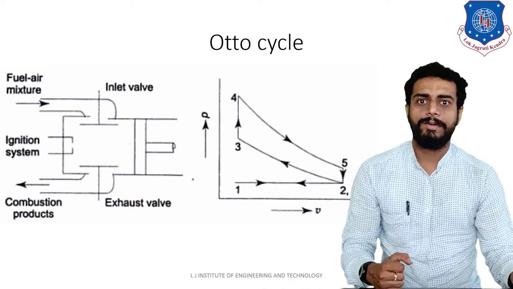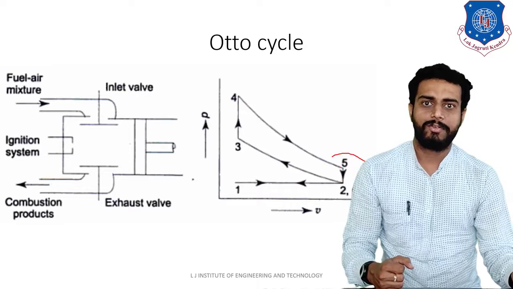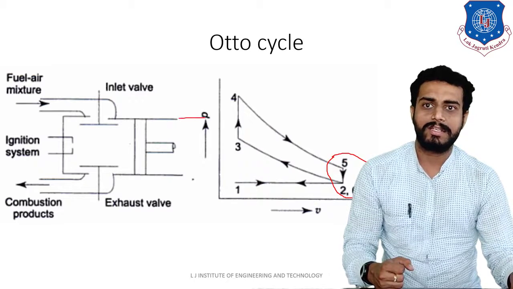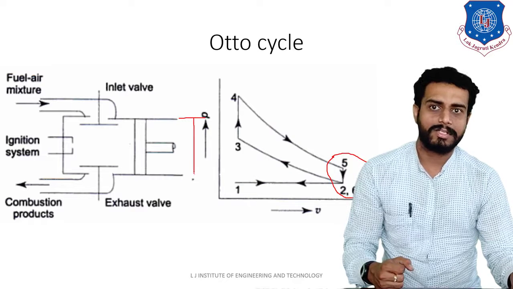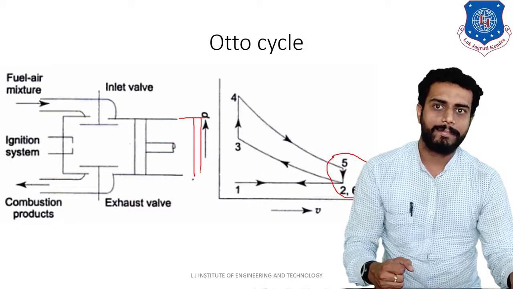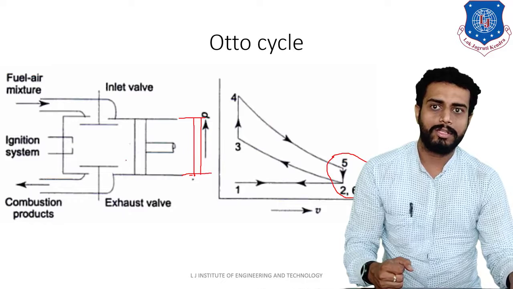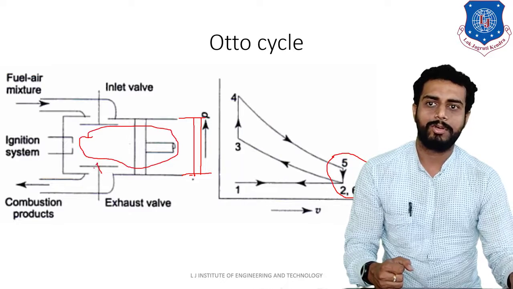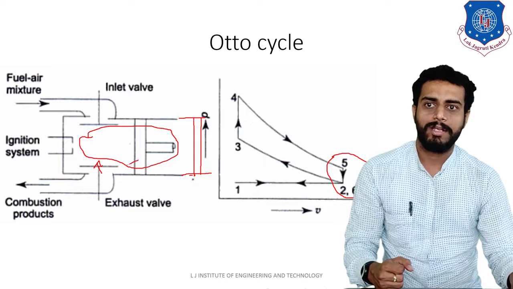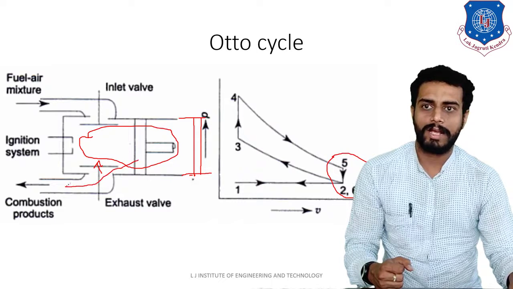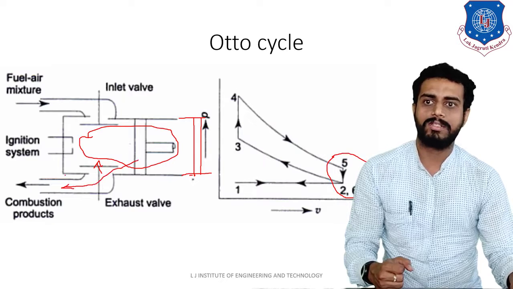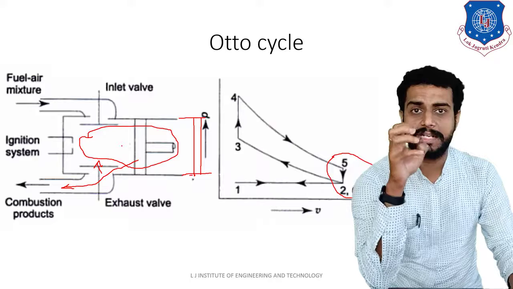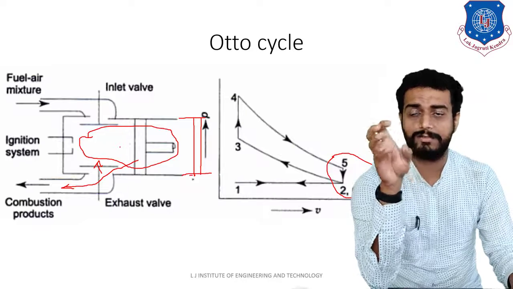Now from 5 to 6, what will happen? Let us observe that. As soon as your piston has reached the outer dead center, at the exterior point, now what will happen? Simple, you have all the combustion products inside this cylinder cavity. Now you will open the exhaust valve. As soon as you open the exhaust valve, this burnt quantity of gases will be pushed towards the outward side. This process is also very instantaneous and takes a fraction of a second.